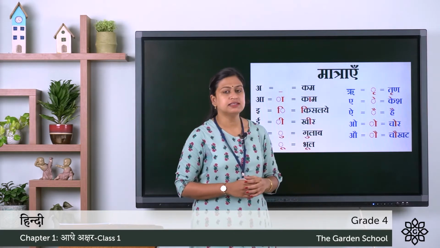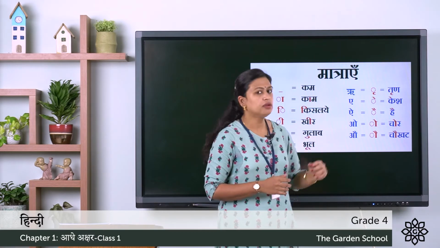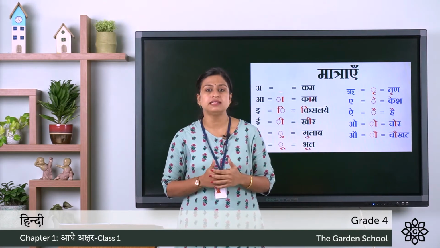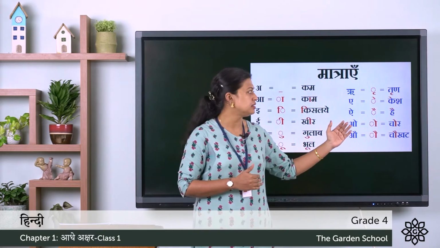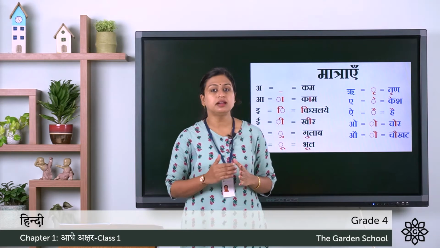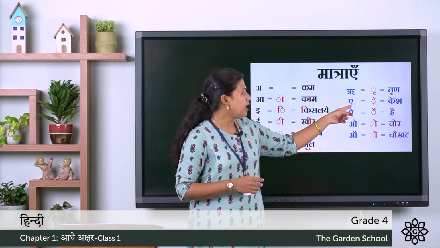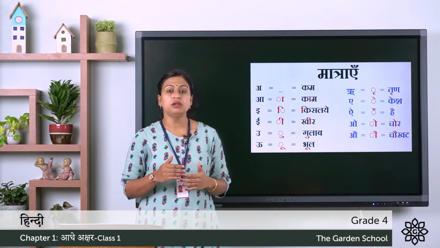Next one, it's U, which has a longer sound, and this is U ki matra, and here you can see Vyanjan Akshar Bha, and at the bottom we write U ki matra. So Bha plus U we say Bhu, which has a longer sound, and the word is Bhool. Next one, here you can see Re, and this is Re symbol, and here you can see we write this symbol at the bottom of the consonant, and here the consonant, that means the Vyanjan, is Ta. The word is Trin.